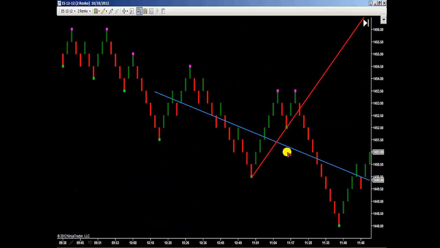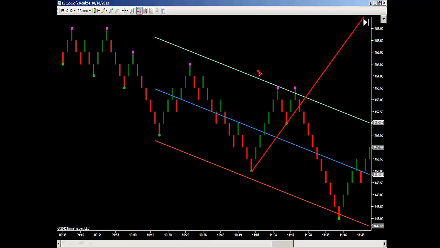Here's the linear regression line right here, and by definition it cuts right through the equity. So the equity always returns to the linear regression line. Comes down here, comes back up here, comes down here, and up here. Now if we make this into a channel, I think it makes a little bit more sense. Now the equity comes down here and it gets near the bottom of the channel and becomes relatively oversold right here. Comes up here, gets up near the top, becomes relatively overbought here, then comes back down here, relatively oversold,